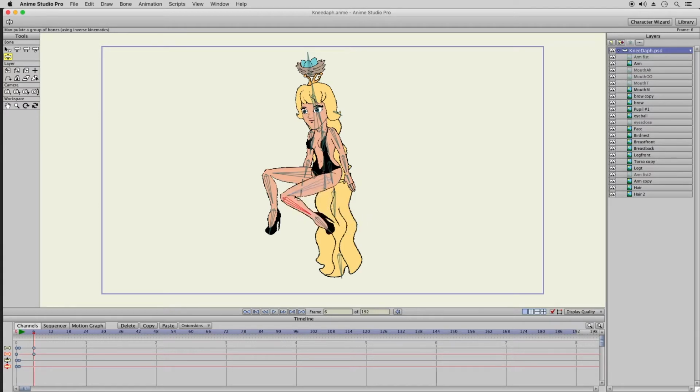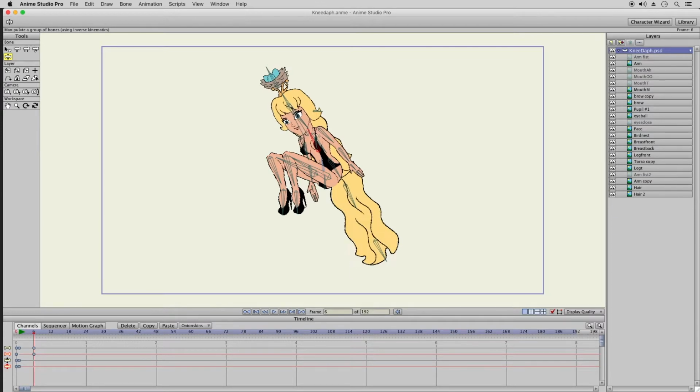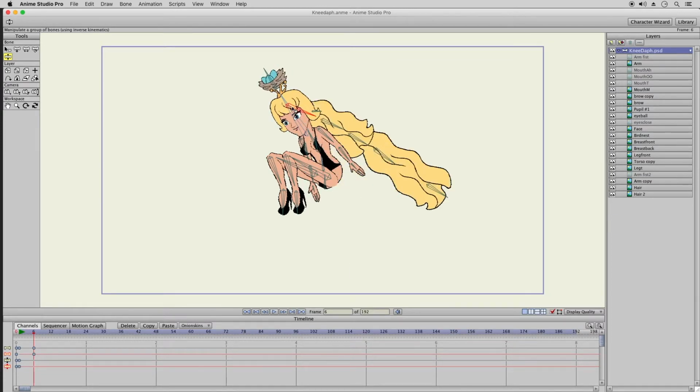You could go like this. This would work. Or you could go like this. This would be a really high jump. And then I'll just move this in like that. And then her hair,